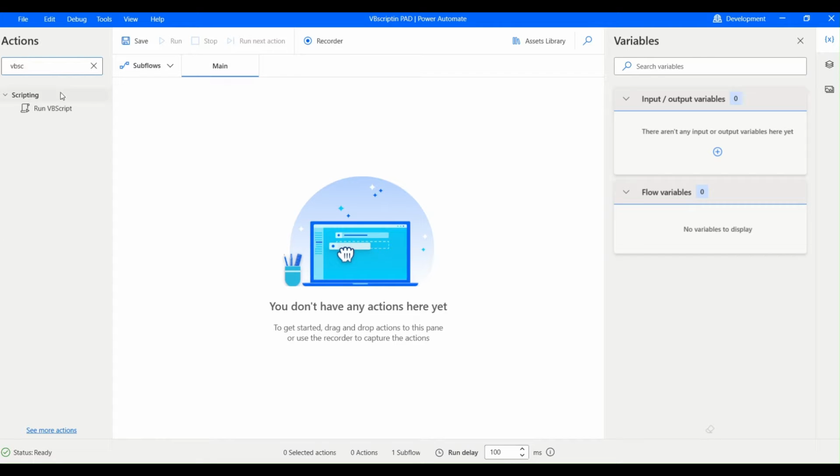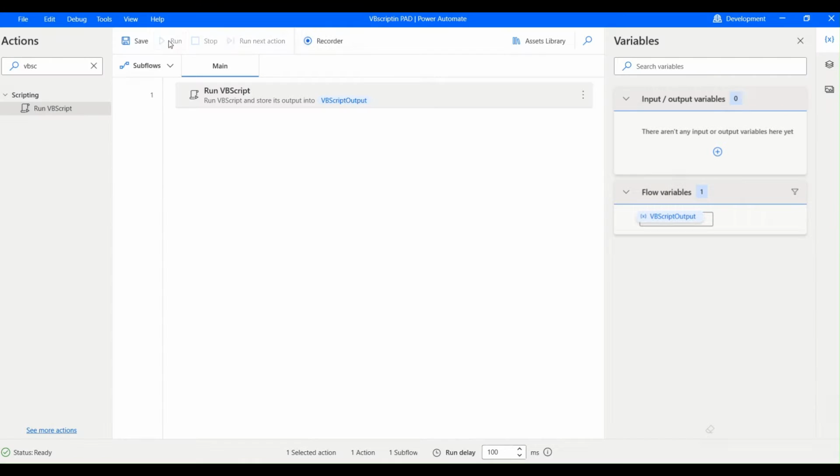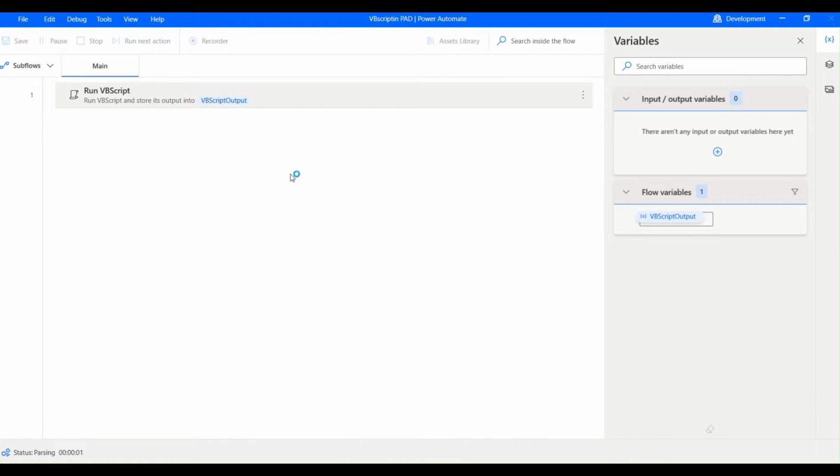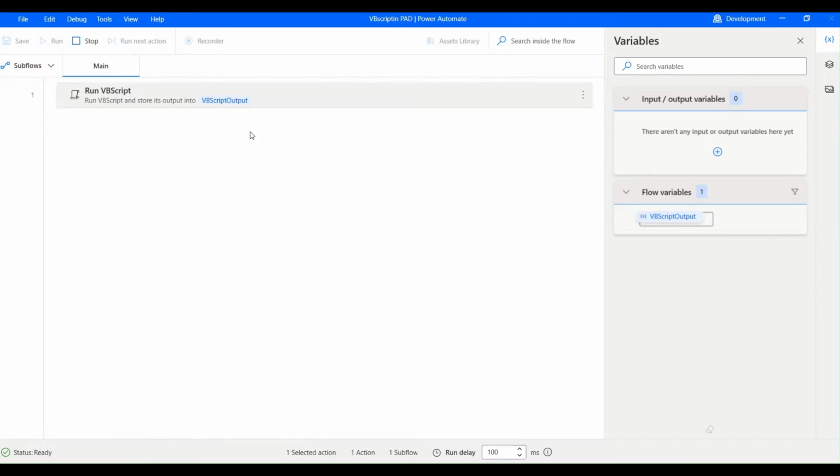Okay, so let's drag this and first simply use a message box that this is a sample VBScript. So if you see, there's a message box